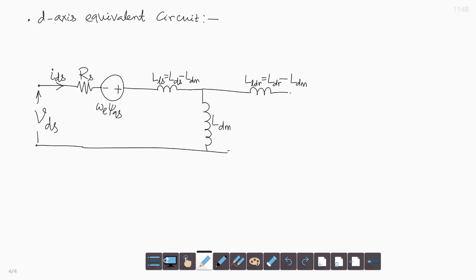The D axis rotor means the damper winding, and we have the resistance RDR of the damper winding, and the damper winding is closed, shorted. This is the D axis damper winding, and the damper current is IDR, that is positive in the arrow direction. If the current IDR flows in the opposite direction to the arrow, it is negative, that is for sign convention. And we have the field circuit also.